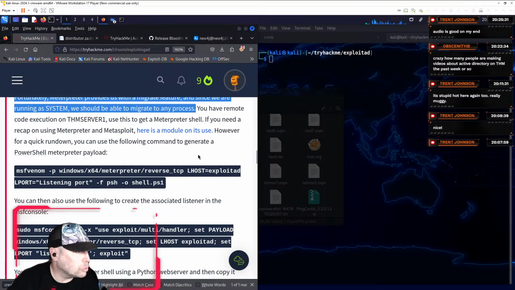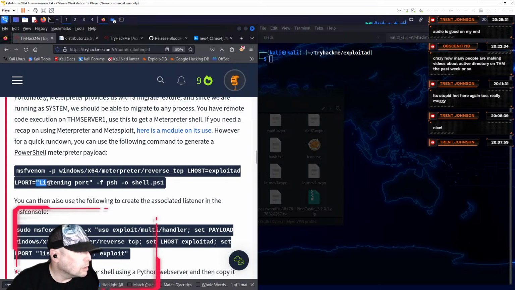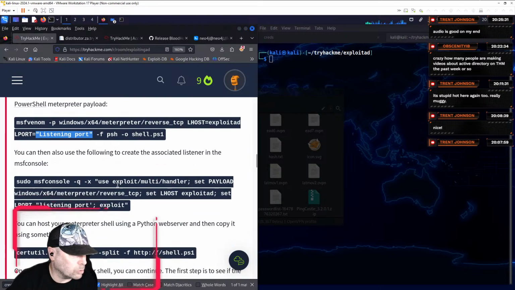Part of the problem is too that in other rooms, instead of putting in quotes, they put a $ sign in front of the parameters that you're supposed to custom specify, and I think that way is better. It draws my attention more to the fact that it needs to be altered.